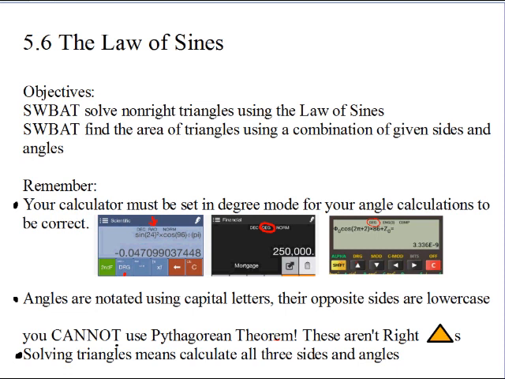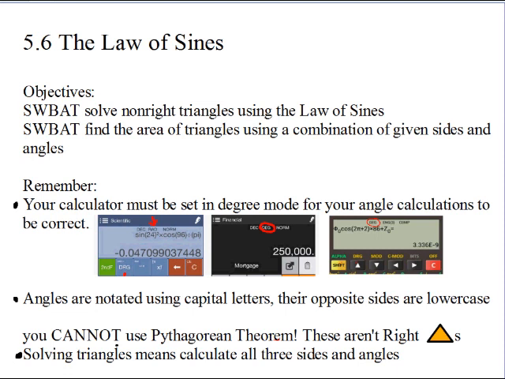Today we're going to be looking at law of sines. These are exciting times because this is the stuff that's not reviewed from geometry. We are going to be able to solve right triangles, and they're not going to be right triangles. Let's go with that. So, in the law of sines section, there's two objectives that we need to be able